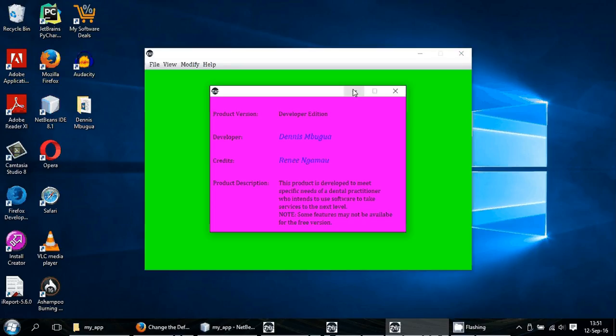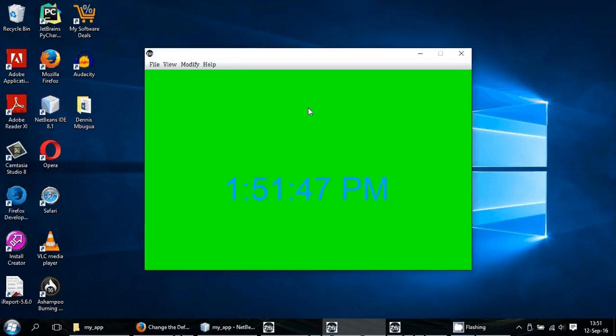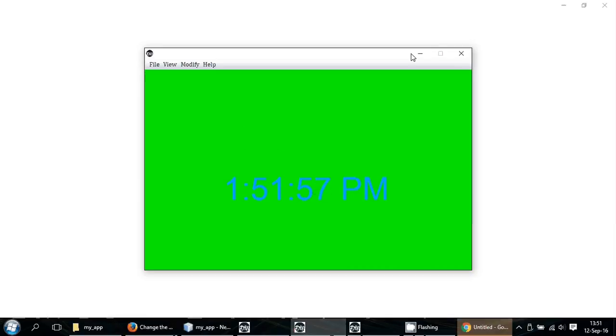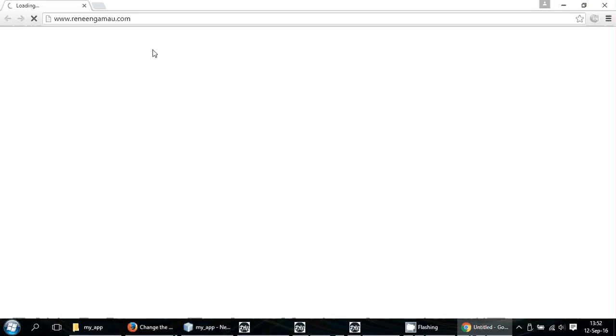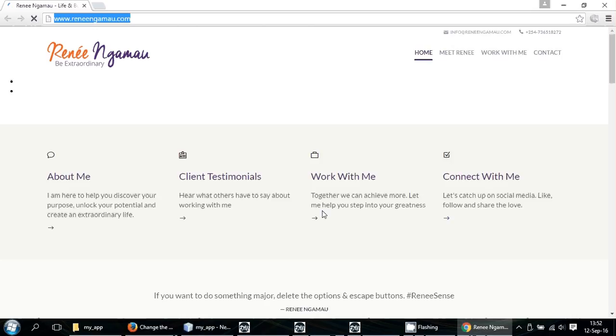And also the about section, you can open a website using this application. For example, I click the link and it opened. You see, this is the website opened through the application,